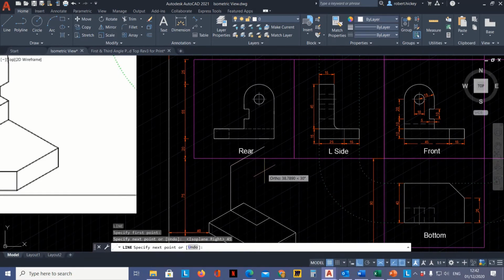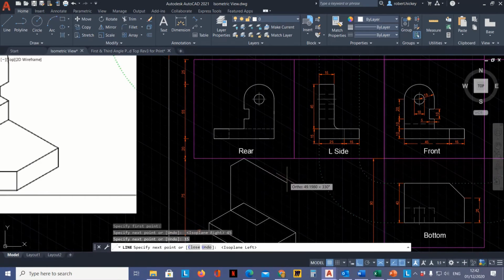Then I'm going to go across 15, hit enter, and I'm going to toggle there with the F5. I'm going to pull it down this direction, and this is 30, isn't it? 30, hit enter, and then I can pull it down, snap it in there, hit enter. Let's hit enter again to bring up the line tool. I'm going to snap it in there, pull it up. It is 45, hit enter, snap it across there, then hit enter,